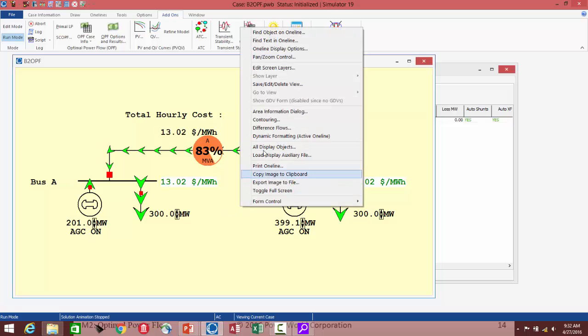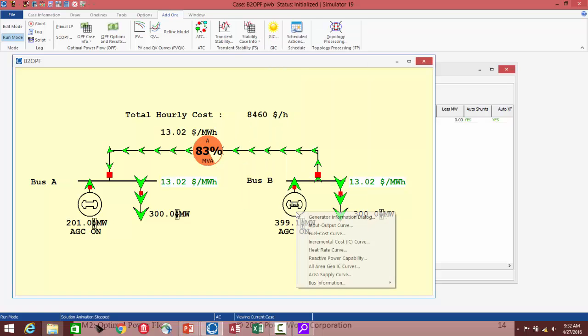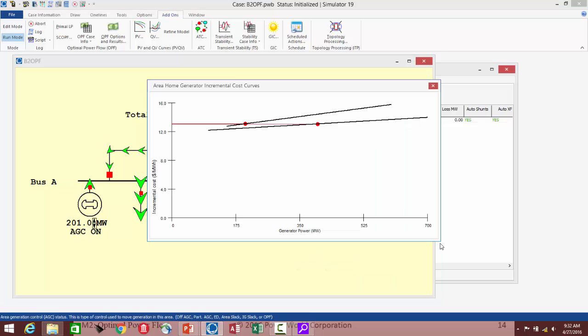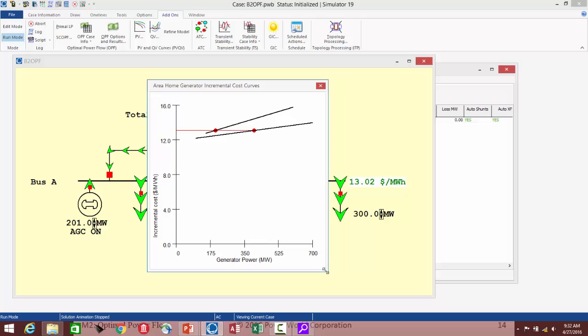And if I look, I can right click here and go to, let's see, okay, so if I right click on a generator, I can look at some of these curves that we looked at yesterday, and the all area generator incremental cost curve shows there's different cost structures and different minimum and maximum outputs associated with either generator, and it's dispatched at a point where the clearing price intersects the incremental cost curves, the sum of the output down here